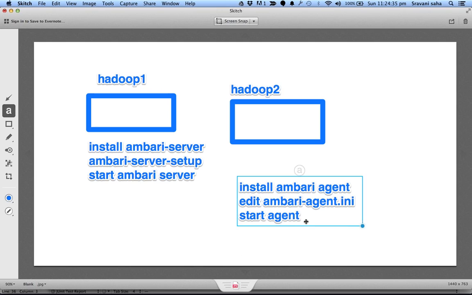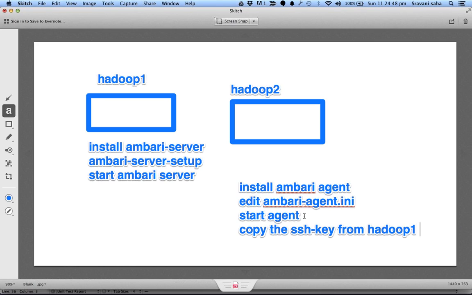At the same time, I copy the SSH key from Hadoop 1 to Hadoop 2. This means Hadoop 1 can connect to Hadoop 2 at any point of time and execute any command.